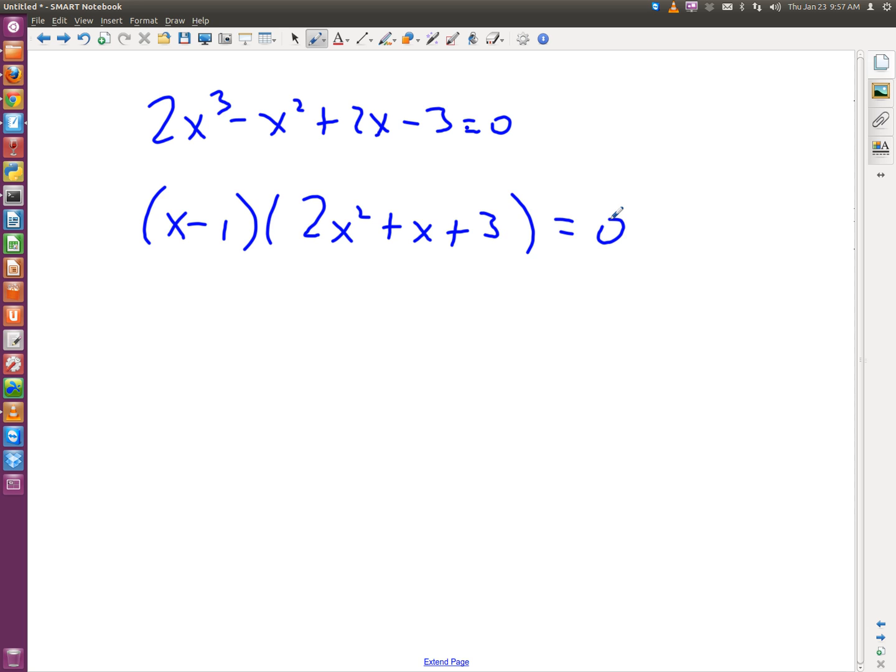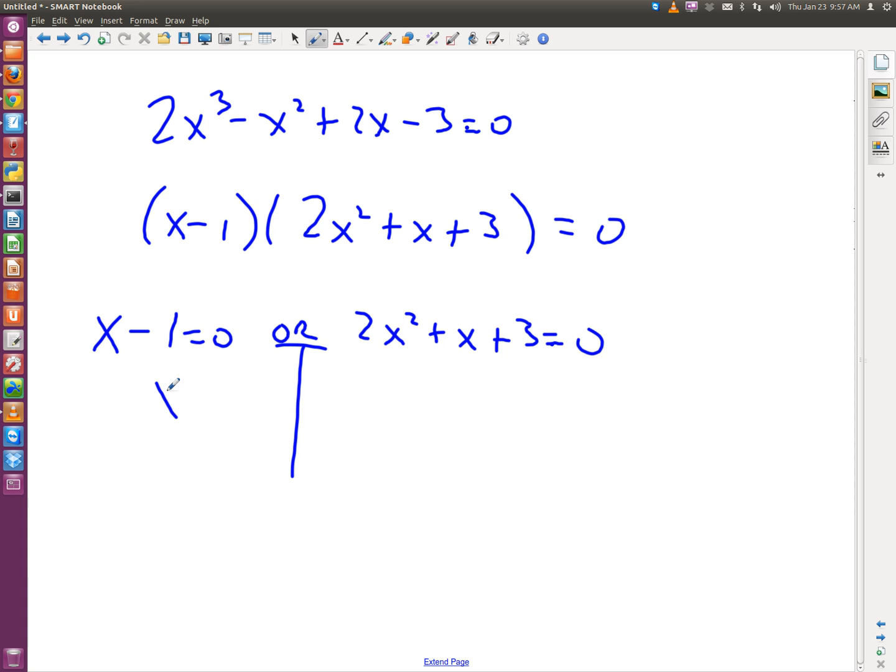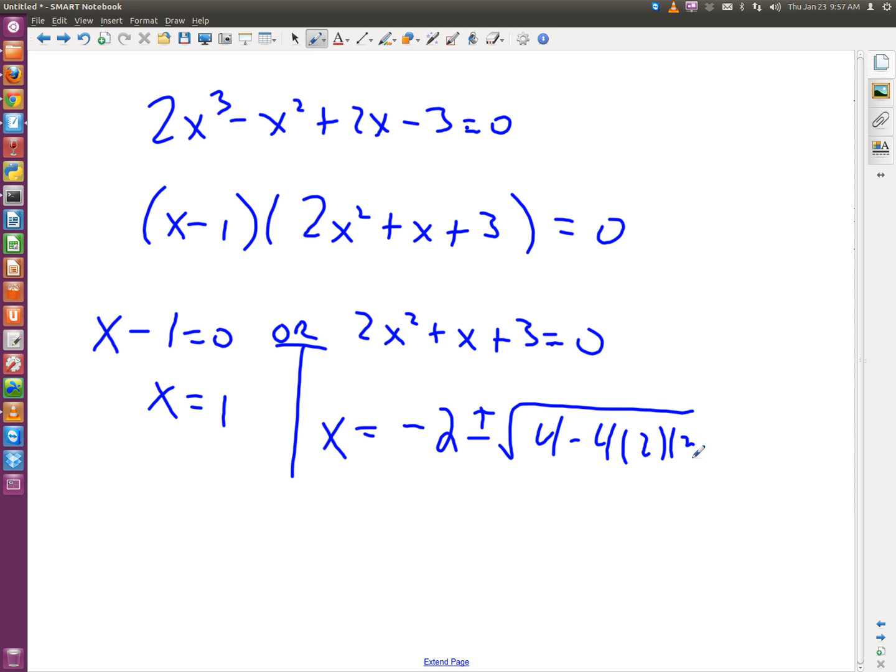Yeah, that was in the homework. All right, so x minus 1 equals 0, or 2x squared plus x plus 3 equals 0 means that x equals 1, or x equals, now what's the quadratic formula? Negative b plus or minus the square root of b squared minus 4 times a times c all over 2 times a,